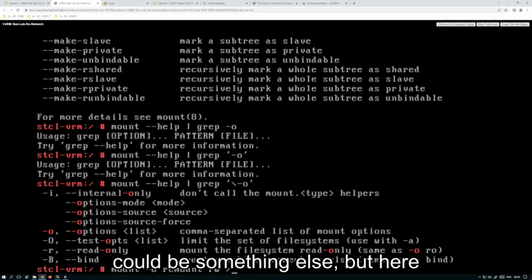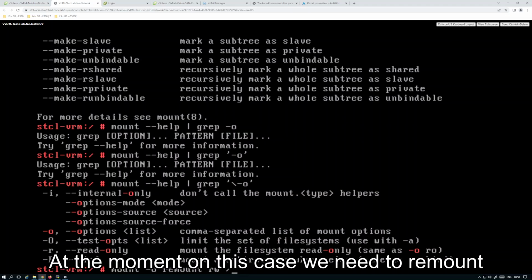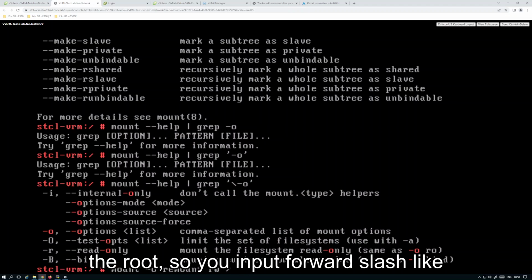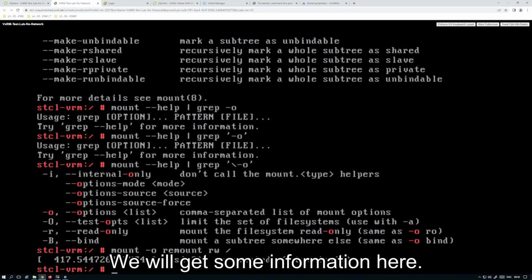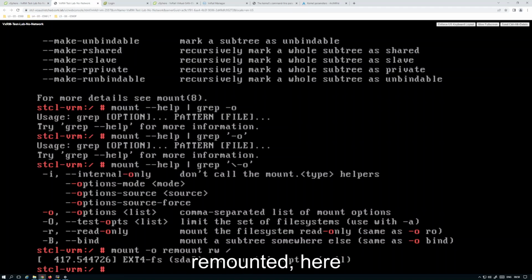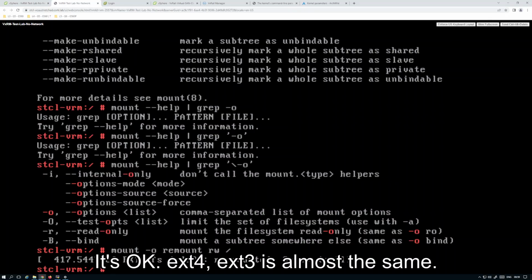But in this case, we need to remount the root, so you input a slash like this. Slash means root. Okay, enter. We will get some information here. Remount this. Okay,